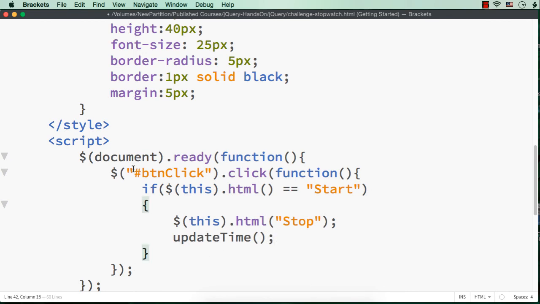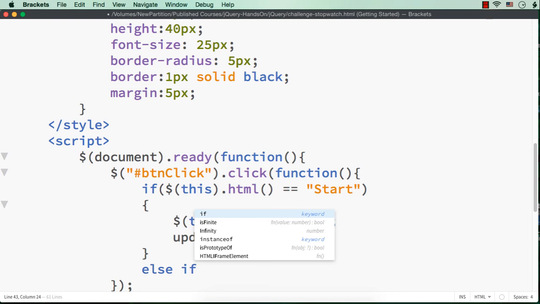Okay, and when the text is not start, that is if the text is stop, in that case what we need to do, we need to change the text back to start, and also we need to stop the timer, right? So we need to do something to start the timer and stop the timer. We will do it later, but for the time being, let me check else if